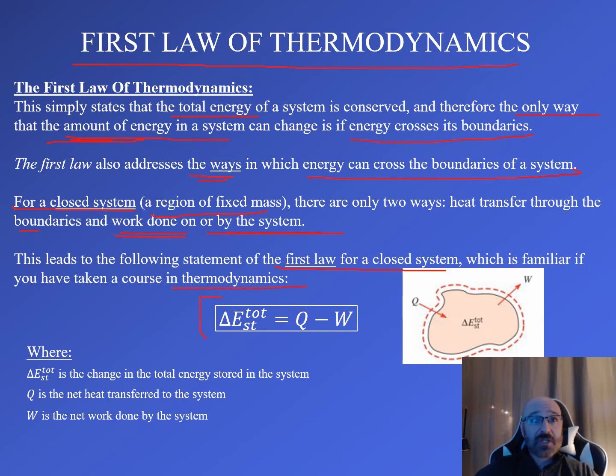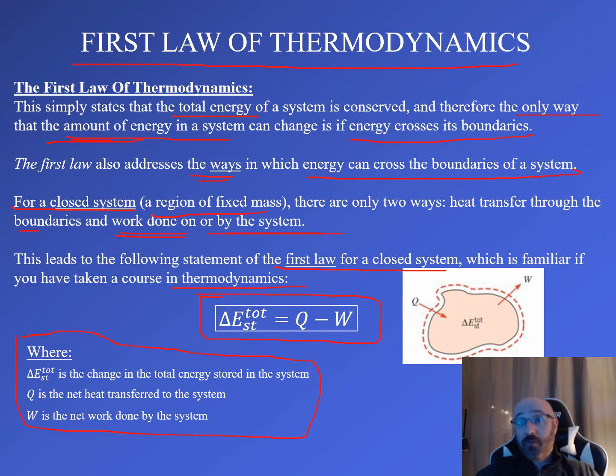You should have seen this relationship here where delta E ST total is equal to Q minus W, where I've defined down here each of the variables within that. And as a side note, this is something that is important to do. If you're using a governing equation when you're solving one of your problems, either for a homework problem, sample problem,